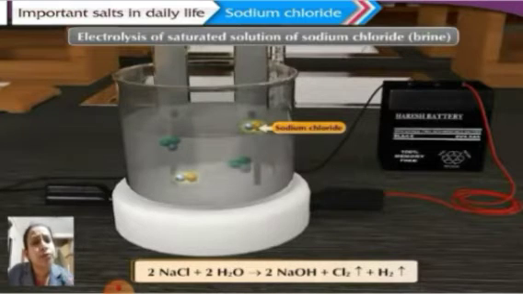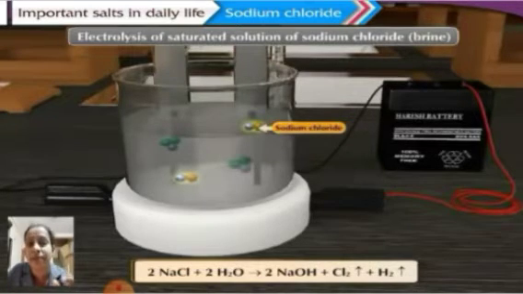So to obtain chlorine gas, we make the saturated solution of sodium chloride. And you have learned in the previous lesson of acids, bases and salts about electrolysis, wherein by passing electricity through it, the ions get separated. So here also, since sodium chloride is in dissolved condition, it can be electrolyzed. That means by passing electricity through it, the sodium chloride can be split. So this is the electrolysis of saturated solution of sodium chloride.